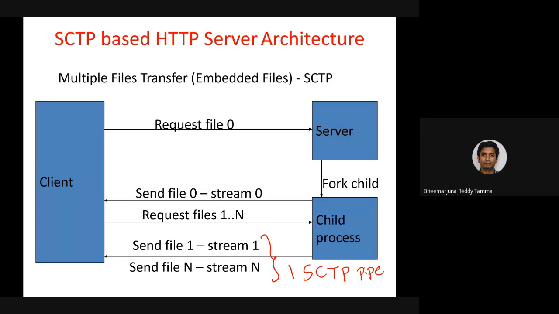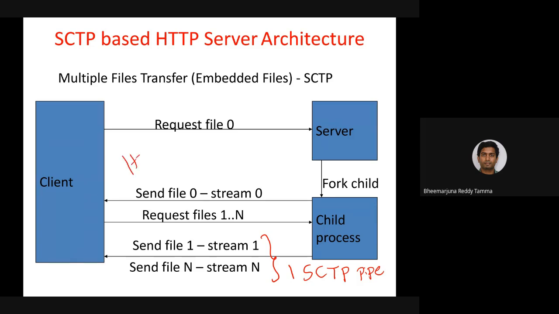And what is the side effect of this? There is no guarantee that object 1 will be delivered before object N. If it so happens that object N is smaller than object 1, or for whatever reasons there are lots of losses for object 1 than object N, you may end up receiving these objects out of order as well. But that is okay because your HTTP